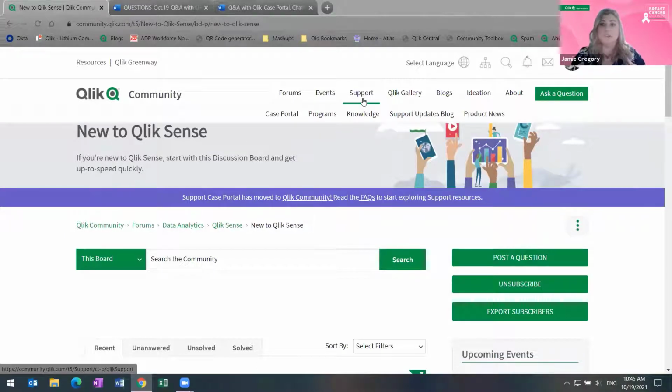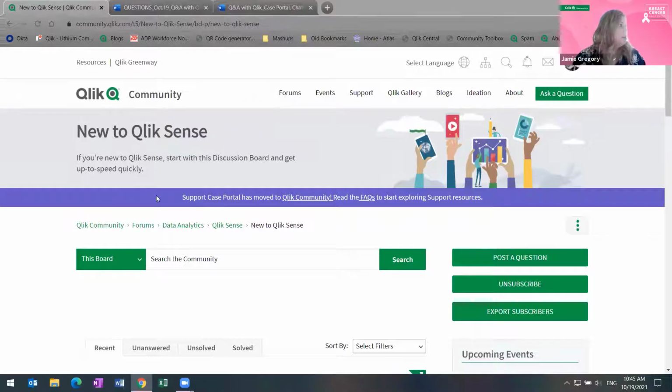You can see they can be different throughout the pages. So if you're on different pages, you might see a different banner announcement pop up. But these are the announcements that we're kind of talking about. And I believe on the former support portal, it was at the top, and it would scroll through different announcements if they were available. But there's usually links that'll take you somewhere to get more information too.